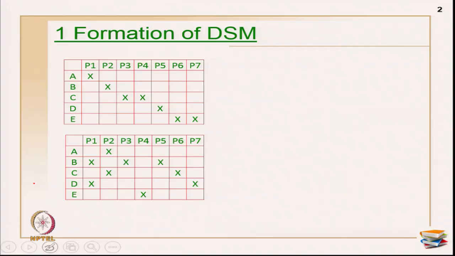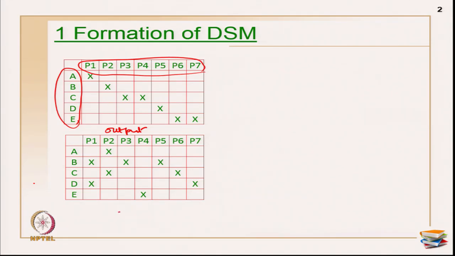Okay. So this is a hypothetical example. This first table is primarily a DMM on output parameters. A, B, C, D, E may be teams or components, and these can be parameters or deliverables. So whatever you want you can keep. And this table is primarily on input items, which implies, let us assume these are my teams and deliverables and these are my parameters, then this is a DMM on teams and output parameters, and this is on teams and input parameters. Okay. So now how do you read this?